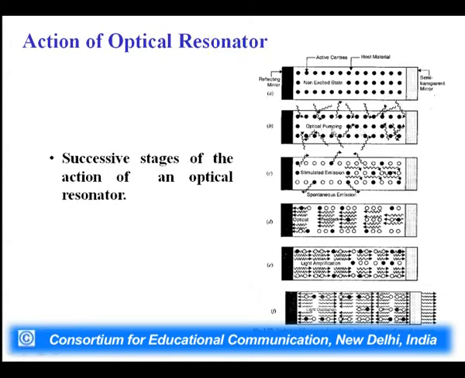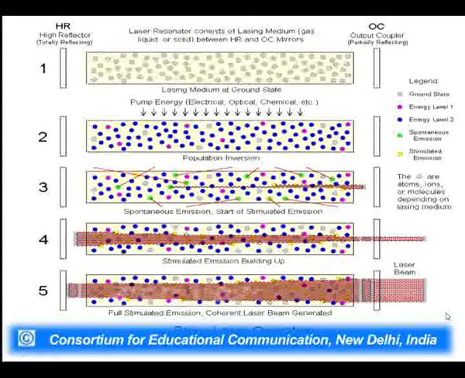Now optical pumping takes place and molecules are excited, but randomly. Now stimulated emission takes place, meaning that by striking the mirror, the photons move in the same phase. All are aligned and coherent and going back, and here we achieve population inversion and get light amplification. When we get light amplification, light oscillation takes place, and the partially reflecting mirror transmits the light in the form of laser. This is another diagram based on a similar pattern.